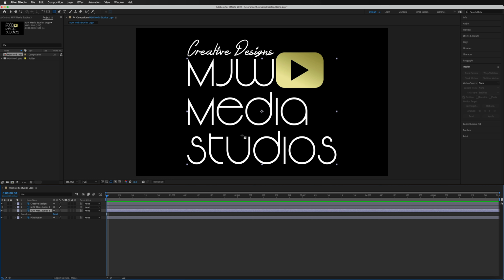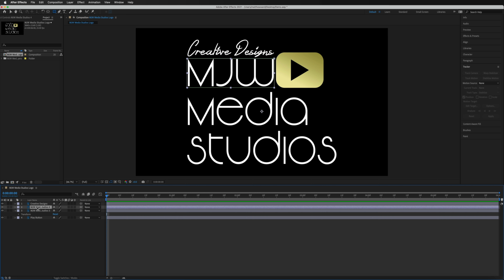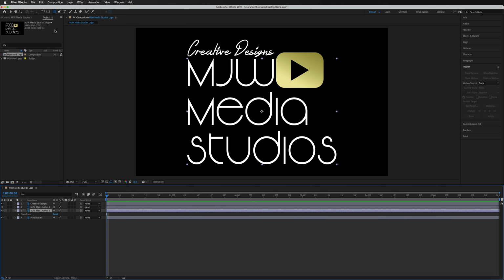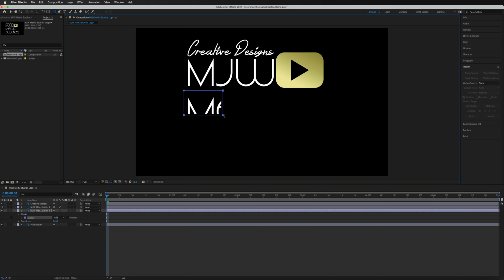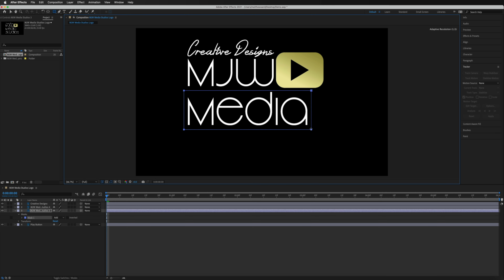And we just go in at this point and do the exact same thing as before. So we don't want to be on that top layer. We now want to be on a new duplicated layer. Make sure you've selected that rectangle once again. This time around, we're going to draw around the media, with exactly the same principle as before. Just fill up all that text, get everything in where you need it, and let go of that.